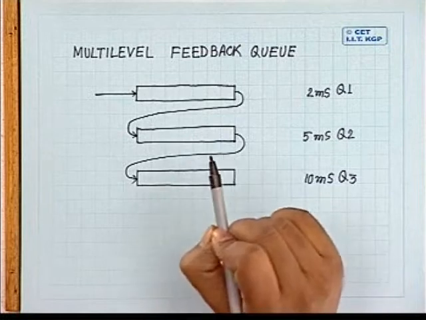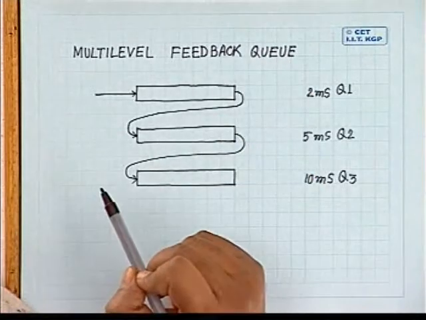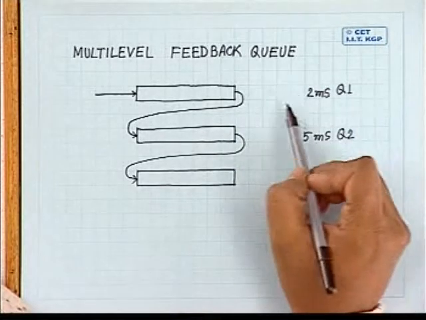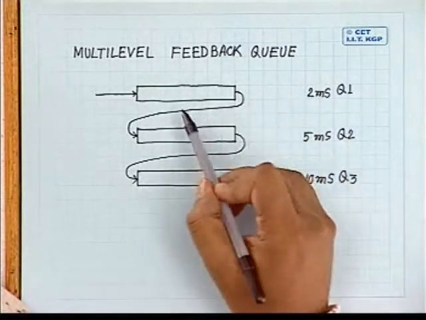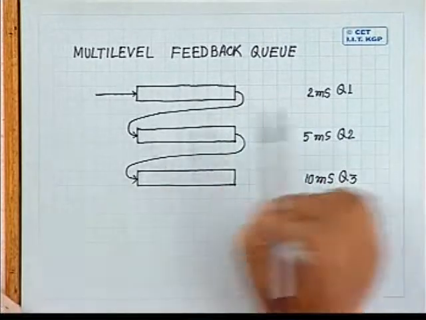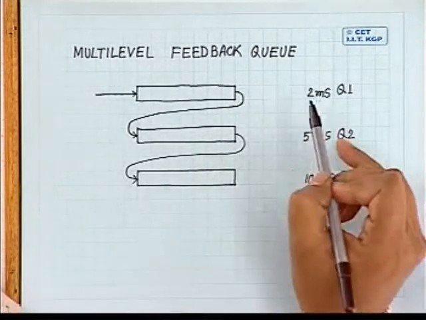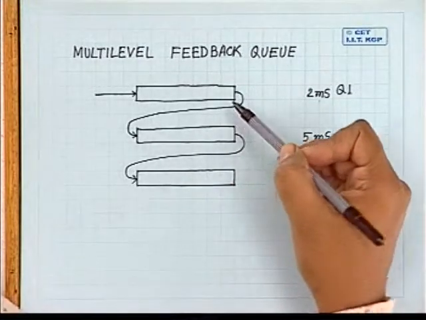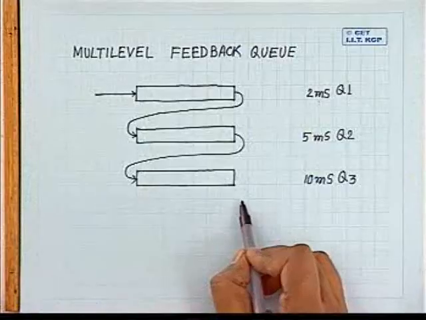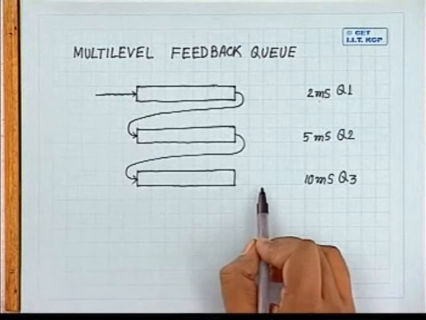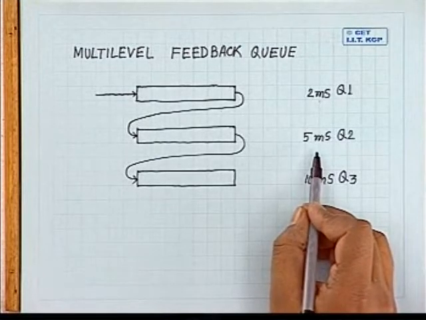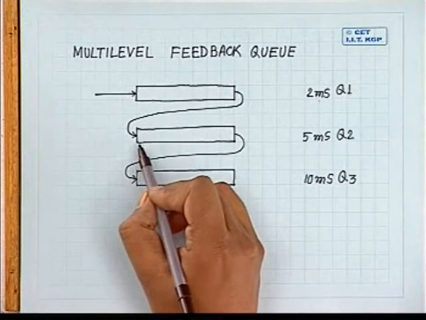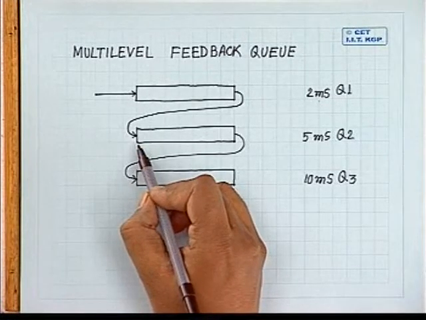So first time when a job enters the system, you push that into the first queue. If the CPU burst time is less than 2 milliseconds, you retain the job in the first queue only. Don't move it. If the burst is greater than 2 milliseconds, then I know that it is not an IO bound job. I push it downwards gradually depending upon the nature of the job. I can also have one provision that in the last queue, if I find that the CPU burst of the job is less than 5 milliseconds, I should be able to push it up, which gives me full freedom.